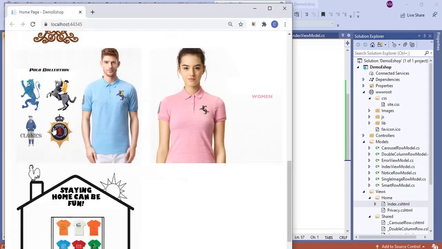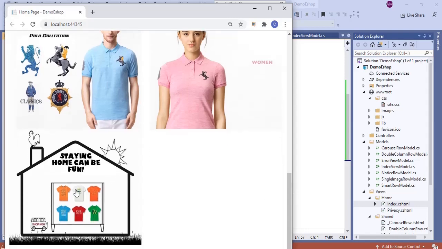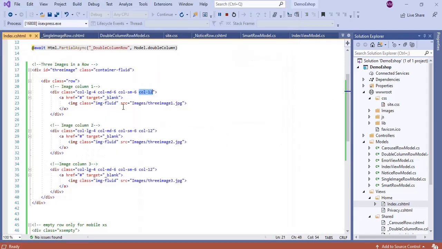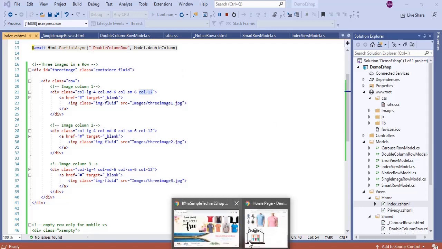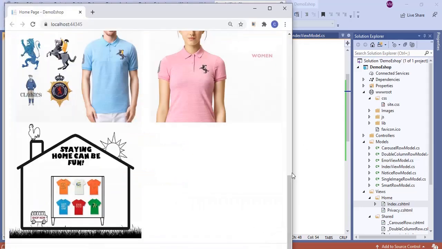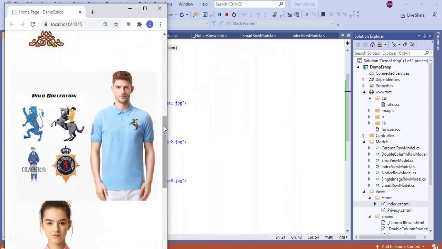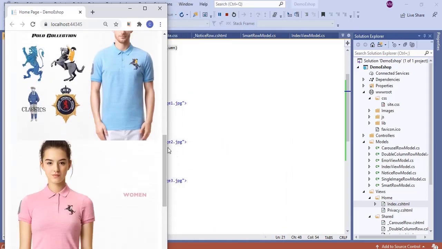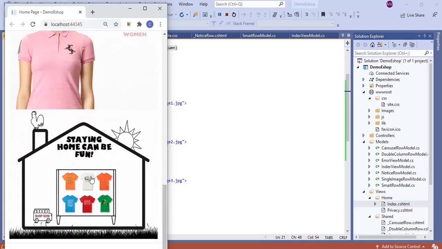Like this, the first 2 images are in row number 1 and the third image goes to the next row. And then this bootstrap class col-12 will take all 12 columns of the bootstrap in the extra small display and only one image will be displayed in a row like this: row number 1, row number 2 and row number 3.